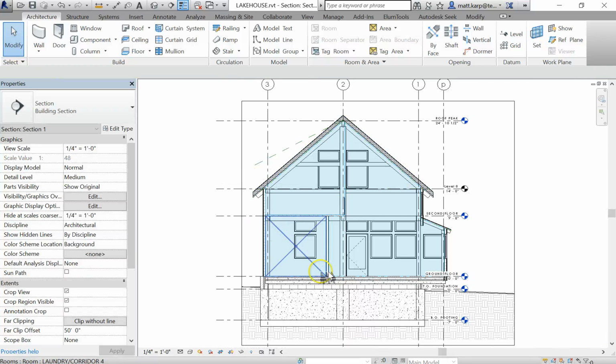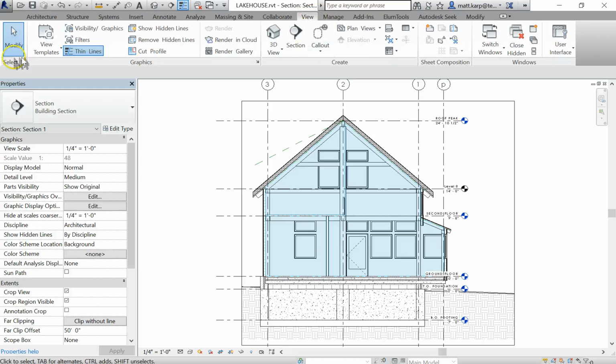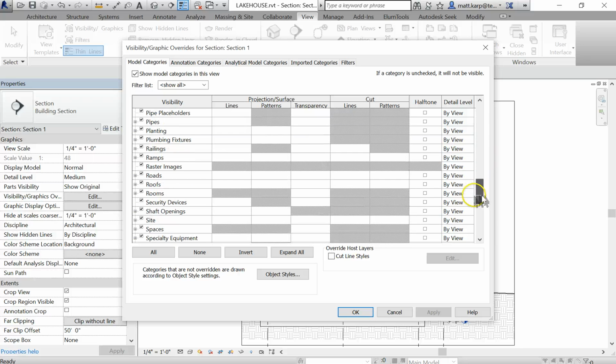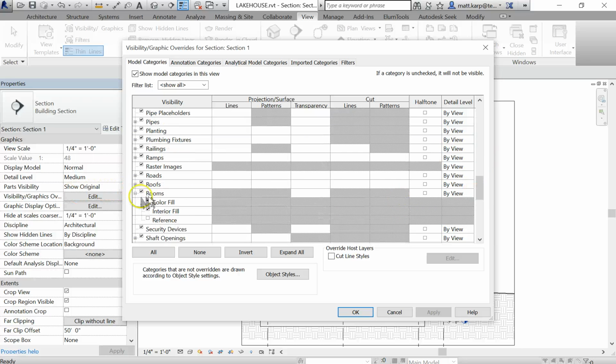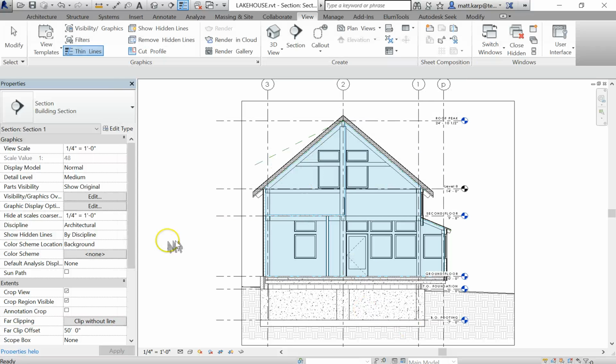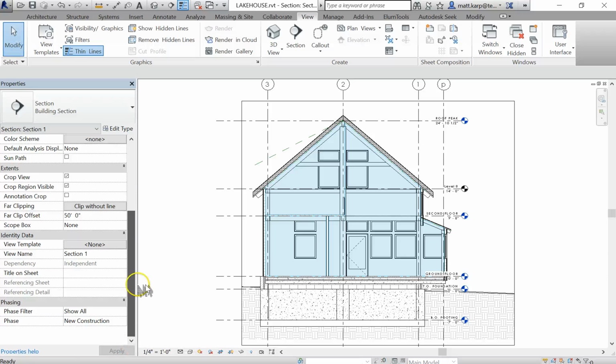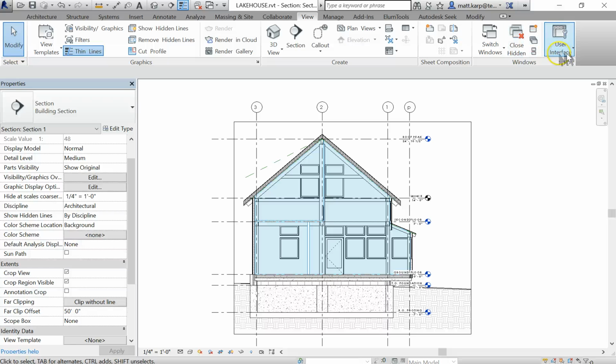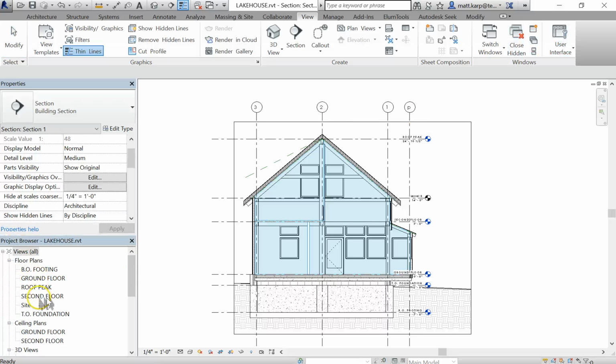So once you have all of your rooms laid out, and I am viewing my rooms in section using the visibility graphics under view and visibility graphics. And if you go down to your rooms, make sure to turn on interior fill, and that'll let you see your room in section. And you can then move this section around as needed. Let's get the project browser back. You can then, in plan,